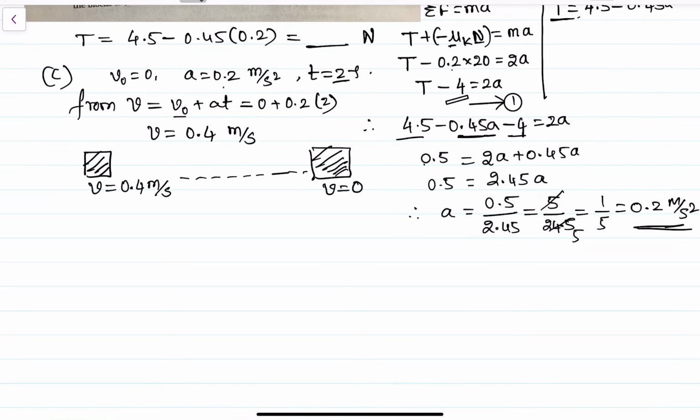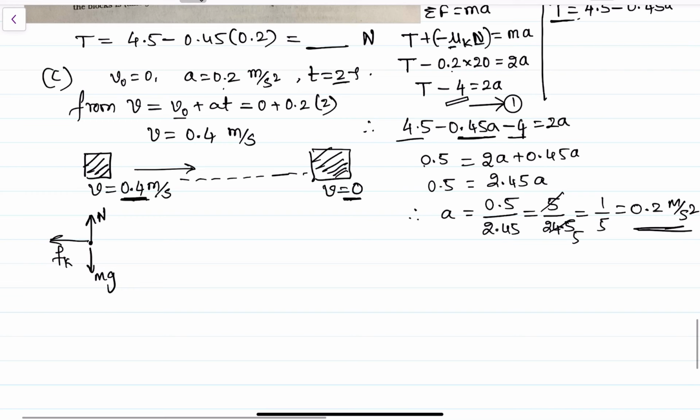Okay, in this case, I am drawing the free body diagram. One is the normal force acting on the object, another one is the gravitational force. And when the block is moving like this, the frictional force is like this, so acceleration is also there. Initially, the velocity is 0.4 meter per second, and finally the body would come to rest because of the friction force. So as the body is slowing down, the acceleration is opposite to the velocity direction here. So acceleration is like this.